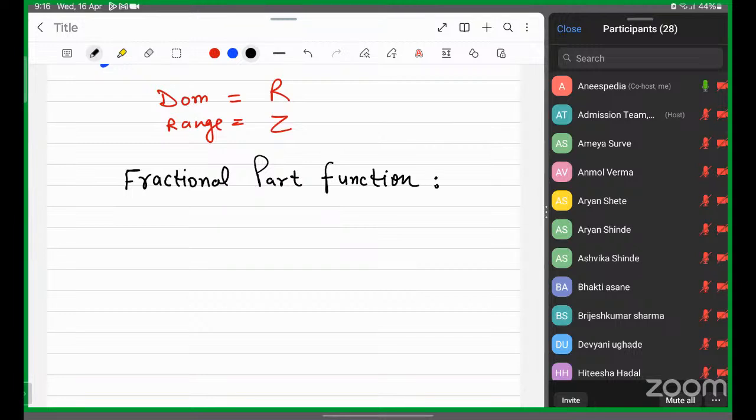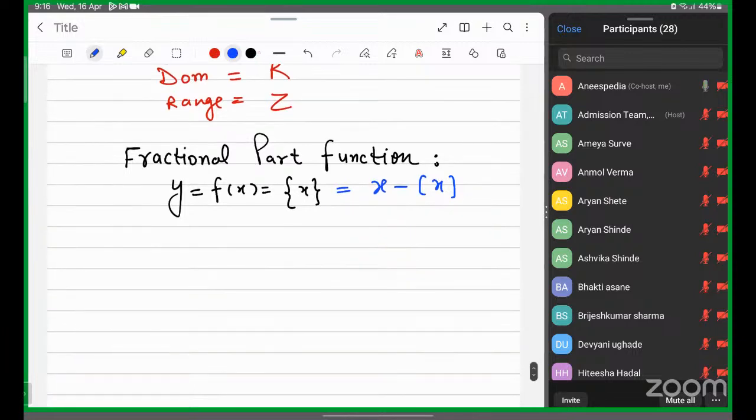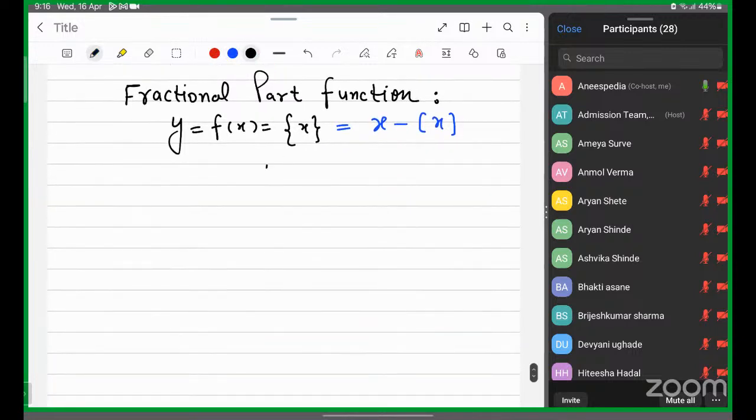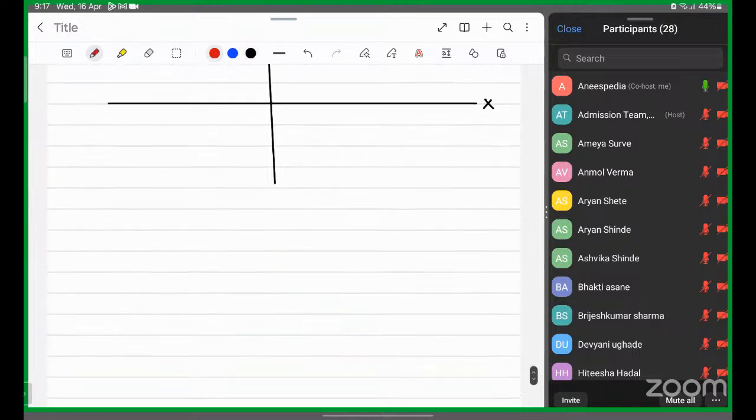Fractional part function is given by y = f(x) = {x}, the fractional part of x, which is defined as x minus the greatest integer of x. The graph for the fractional part is like this, on the x-axis and y-axis. The concept of the fractional part function is that any number in nature has an integral part